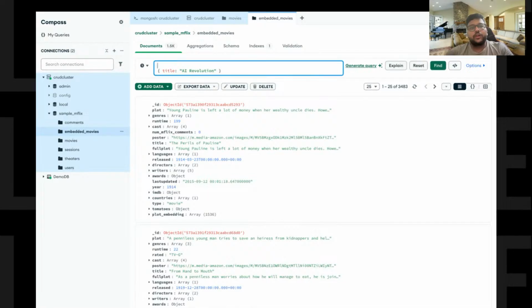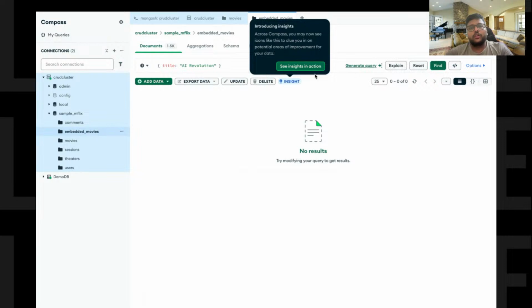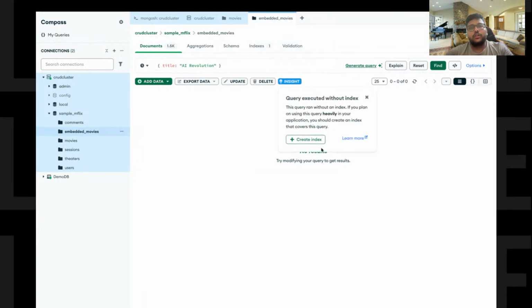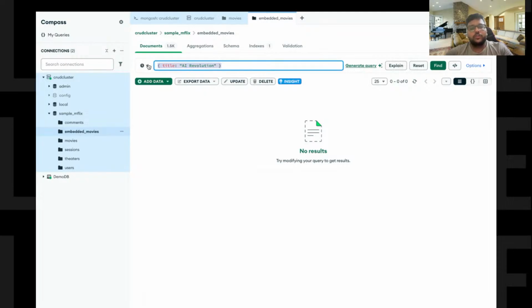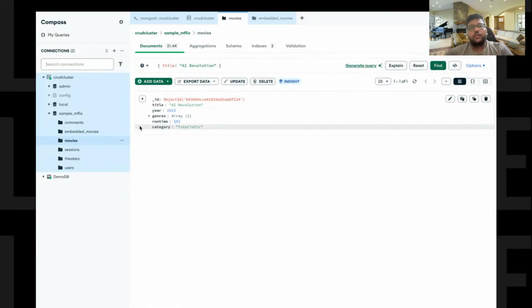I'll just specify the title is equal to AI revolution. I'll find. Okay, sorry, we are in the embedded movies. Into movies, we will specify it here. I'll find. Here you can see